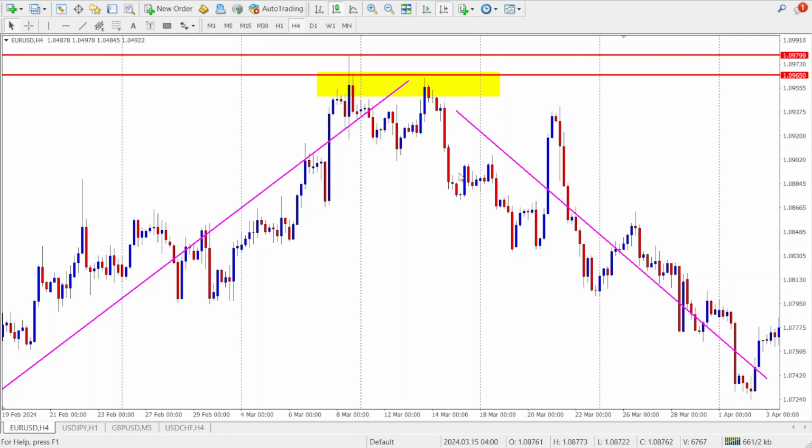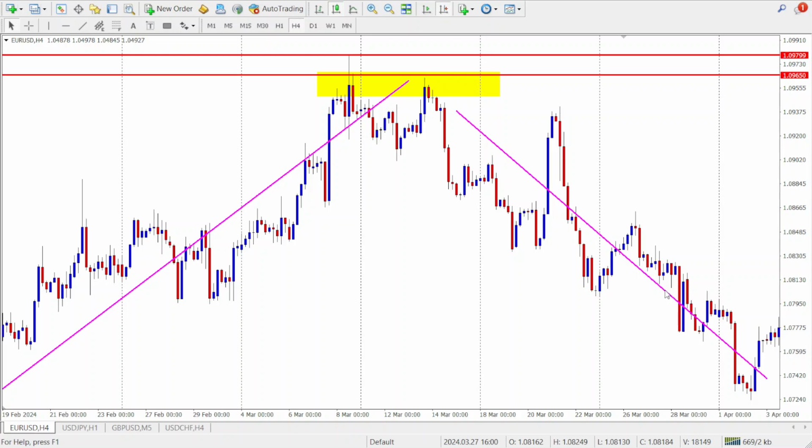Now, another retail trader trap is the liquidity grabs. Order blocks are usually formed around areas with high liquidity, such as the previous highs or previous lows, where retail traders have their stop losses. Okay, and then these big guys try to take advantage of that, and that's the reason why we have something called stop hunts. They might push the price to significant areas where pending orders and stop losses are set, and after triggering the stop losses, you will notice a reversal back in the direction of the initially intended trend,